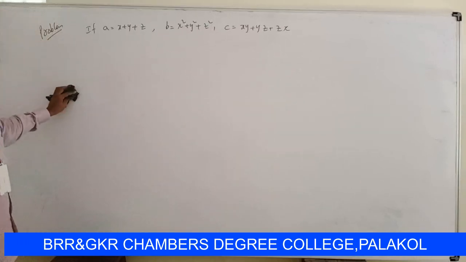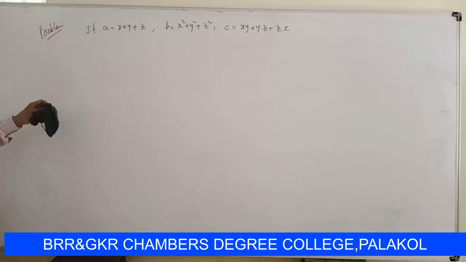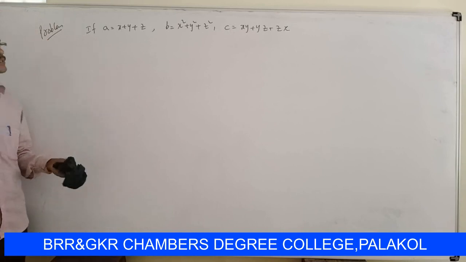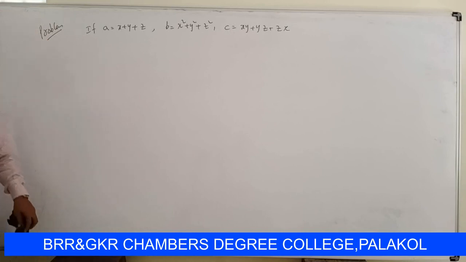So if a equal to x plus y plus z and b equal to x square plus y square plus z square and c is equal to xy plus yz plus zx, then prove that